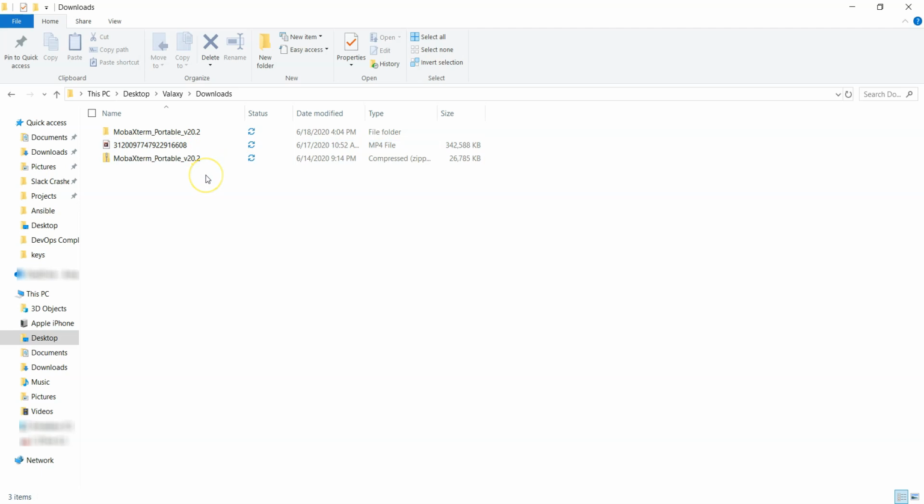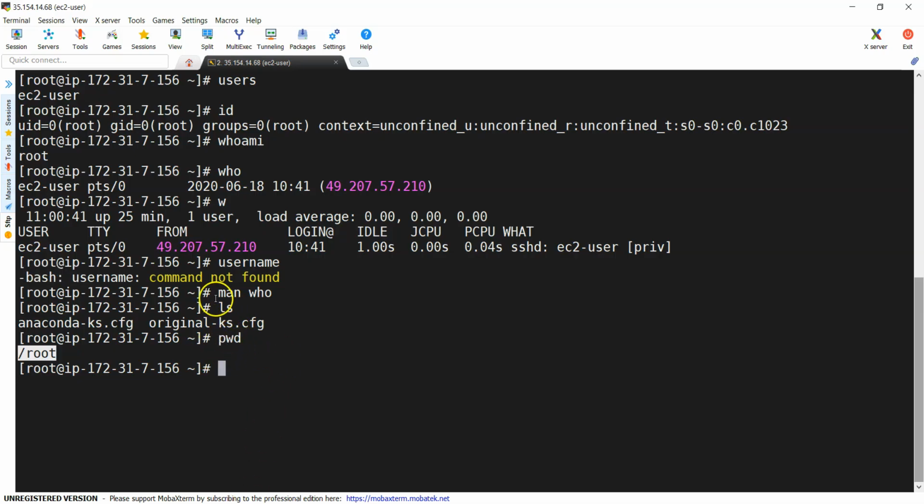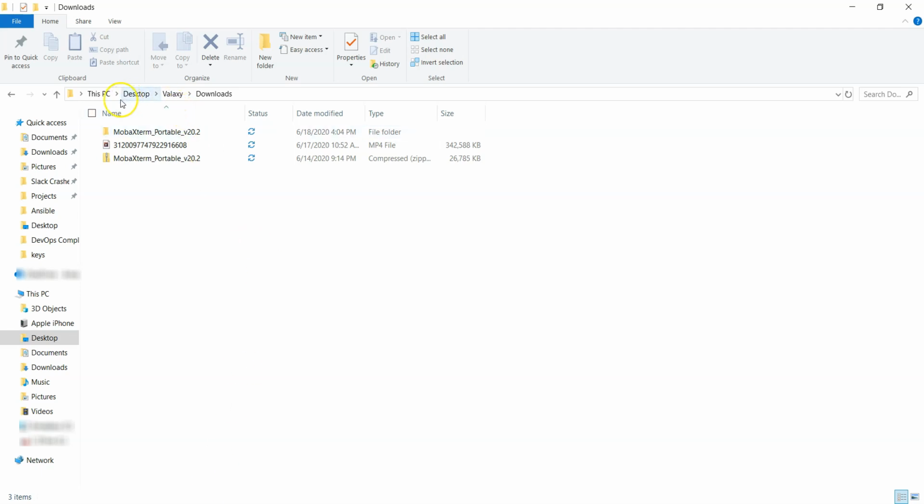You can see the directories over here, but in Linux, you need to execute the ls command to see the content of your directory. And even if you want to know which path you are working in, you need to execute the pwd command. But here you can directly identify that you are under Desktop, Galaxy, Downloads, and you can see these files. That is how it works.